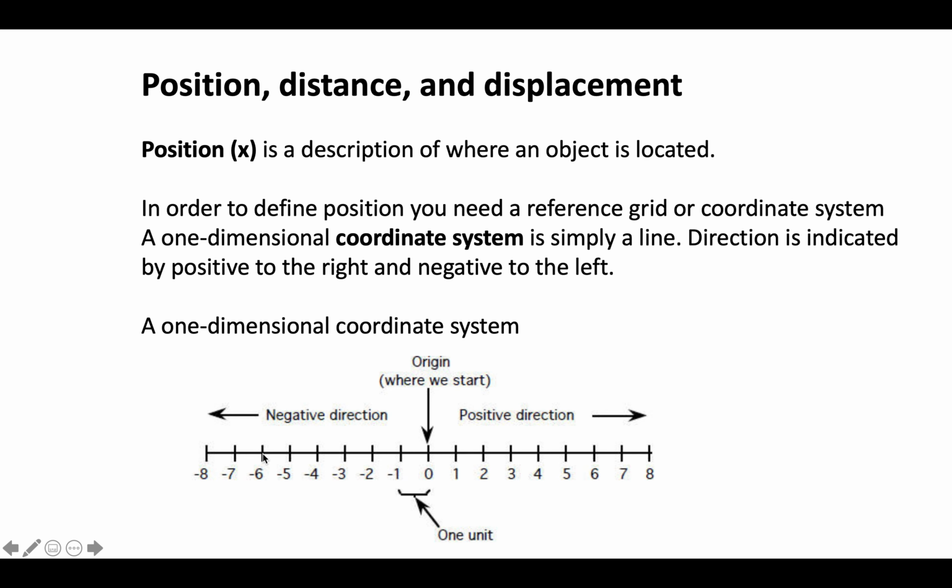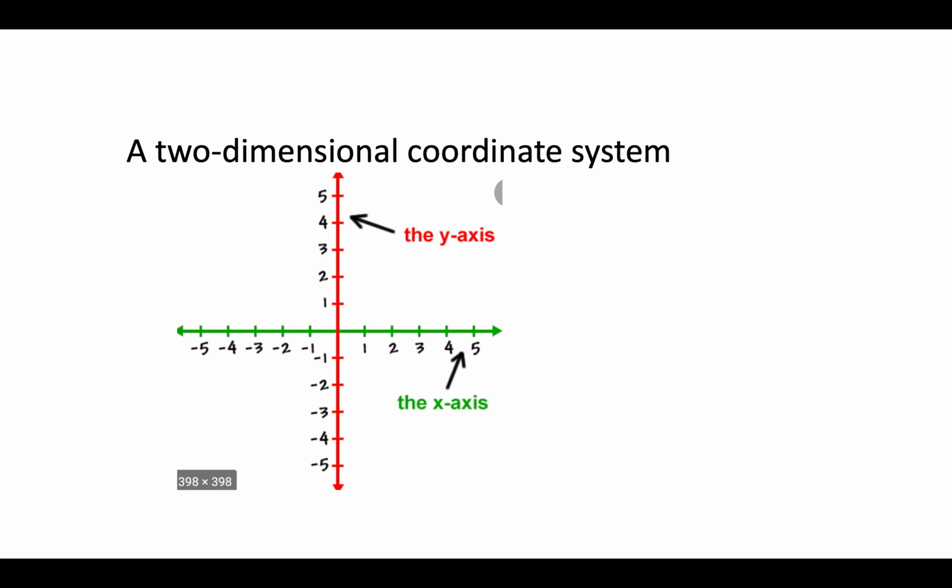So I'm going to look at a change in position in one dimension. I'm going to go from one point to another point, and that's going to give me basically how far I've moved during that motion. Okay? So just for your information, if we end up moving on to